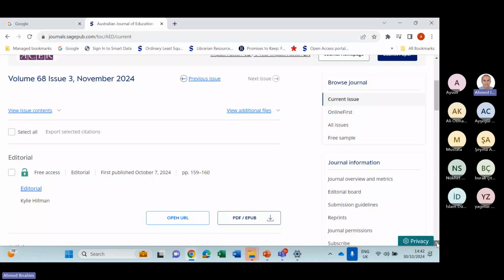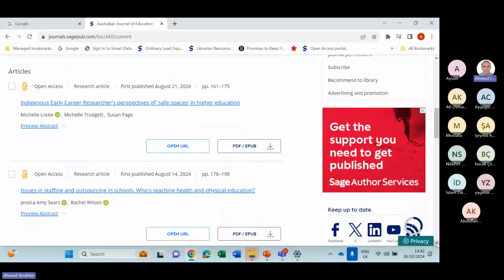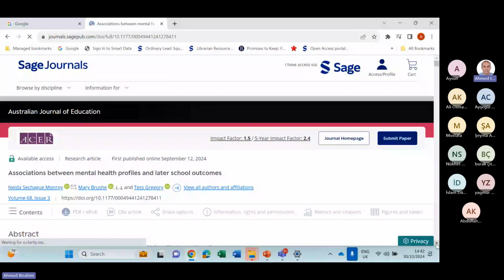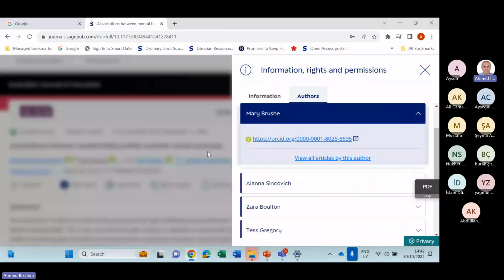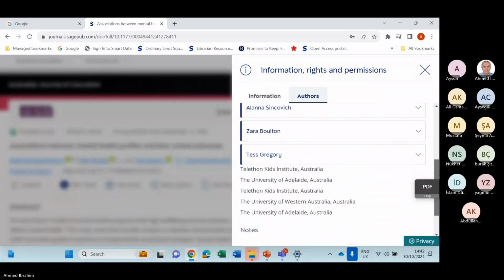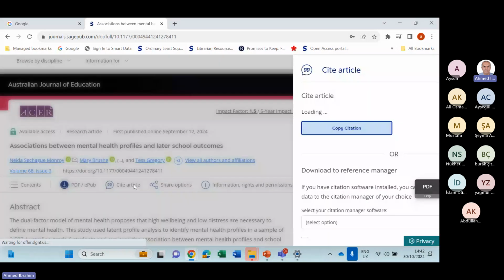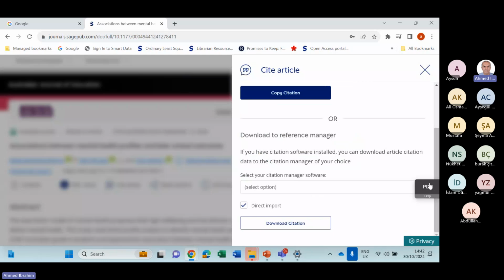I will find the articles here. Some of them are open access, some of them are subscription. I will select this article, for instance. So I can see the author of this article. If I click on the name, I can find some information about the author itself. I can download this article as PDF. I can cite this article if I would like to. I can copy the citation or download it in a reference manager